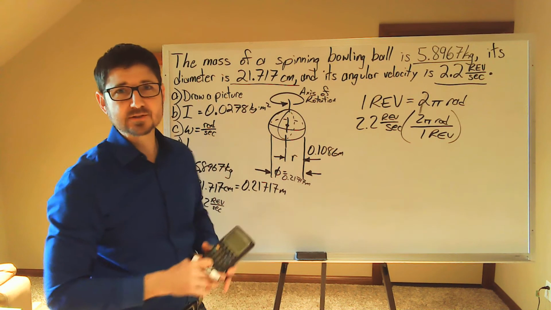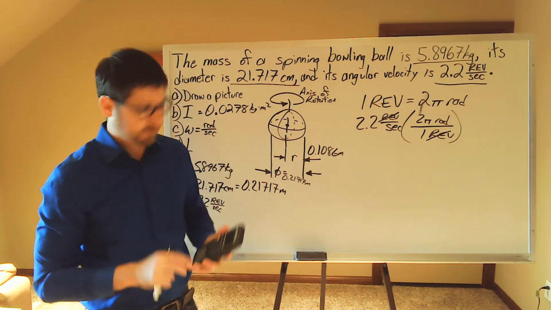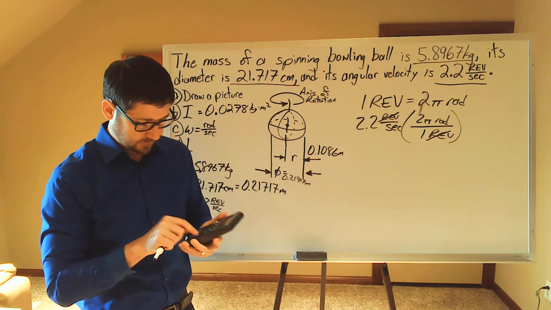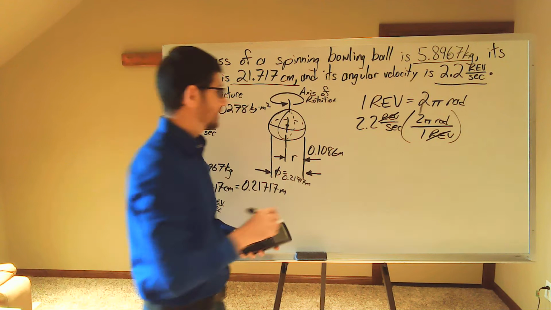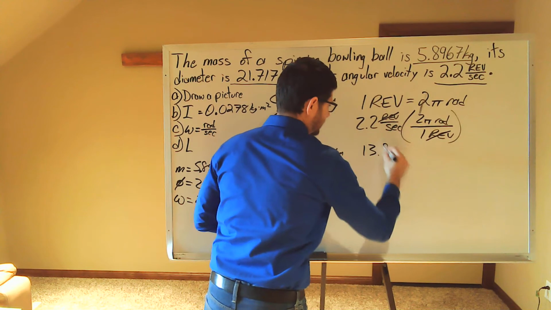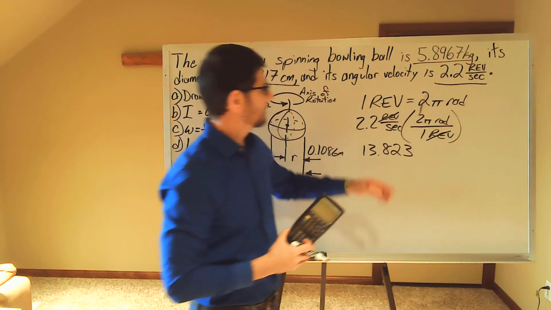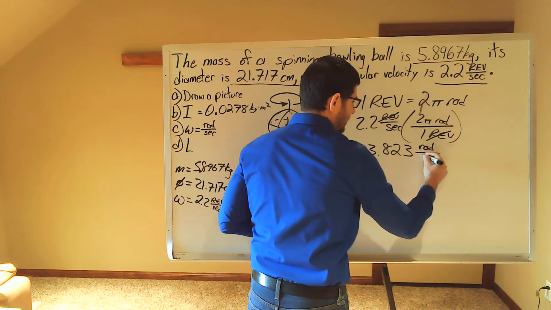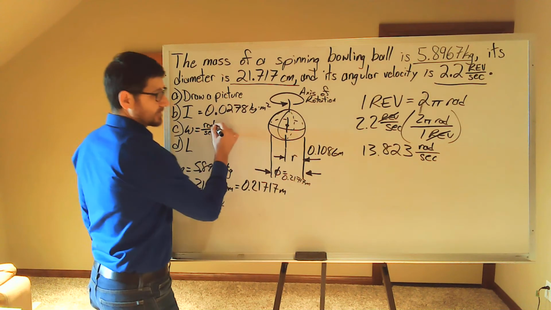Now our units of revolutions are going to cancel. So 2.2 times 2 pi gives us 13.823. Let's take a look at our units here. We have radians per second, radians in the numerator, seconds in my denominator. So this is going to be units of angular velocity,